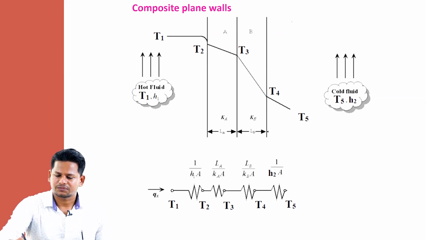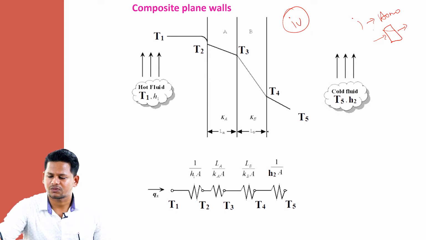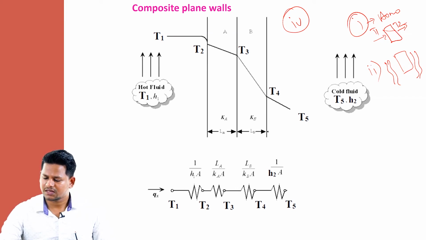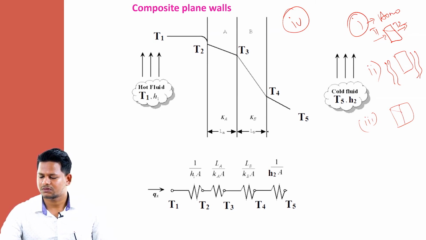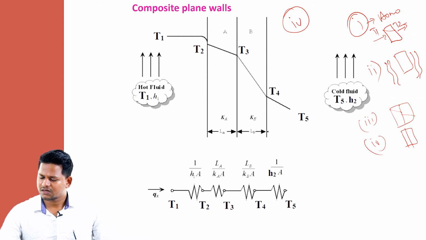This is case 4. Remember, in case 1 we have only homogeneous material. We have only one material, heat is just transferring, so the temperature slope is here, T1, T2. This is case 1. In case 2 we have convection here, right? In case 3 you have a composite plane wall, no convection, only conduction, so the curve is like this. In case 4 you have convection as well as conduction.